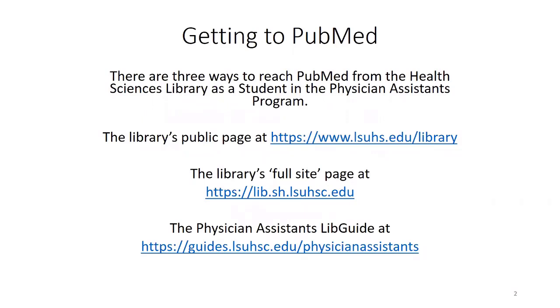While PubMed is free and can be directly accessed, it is better to use a link from the library's website. That way you can easily connect to the articles in the journals that the library subscribes to. There are 3 ways to reach PubMed from the Health Science Library's website. The first is the library's public page from the institution's website. The direct link to the public page is